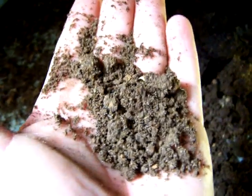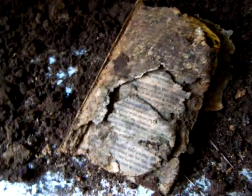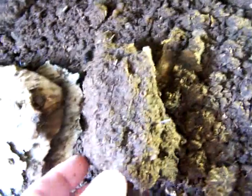I'm gonna pull this book out and see how it did. But hopefully this is going to help somebody out a little. But let me see what this book looks like. Okay, this is really awesome results. I got to try to move this light a little bit. This was actually on top of the book. As you can kind of tell, I think there's one baby worm right here, but if you look at the depth, that's where that book was, they're probably still eating on the book. But if you look through this VC, there's no worms, but where the book was,